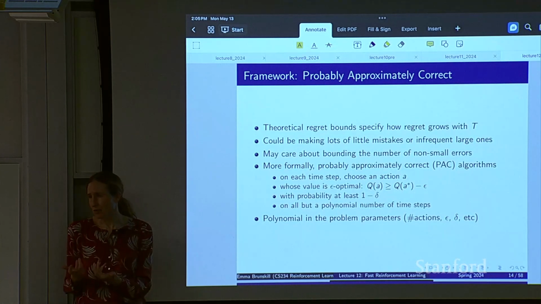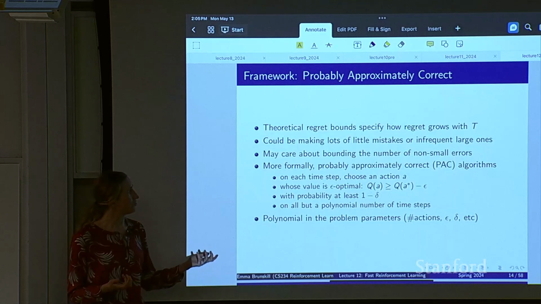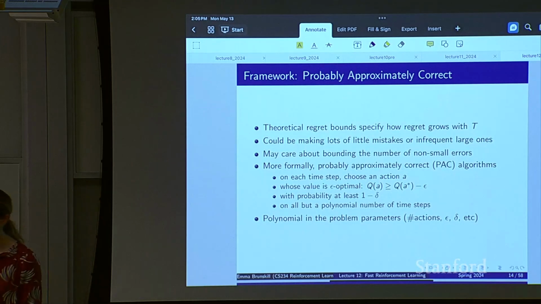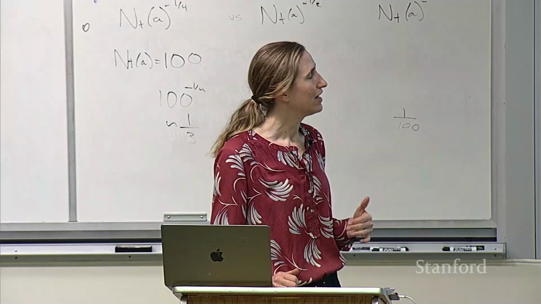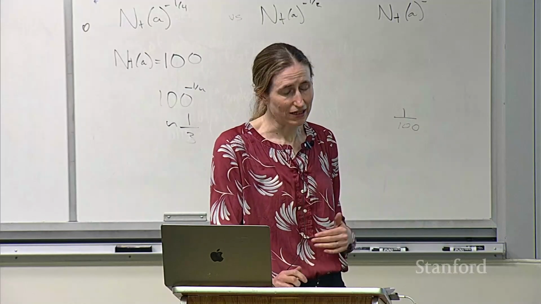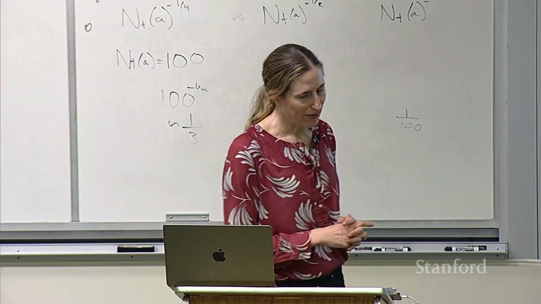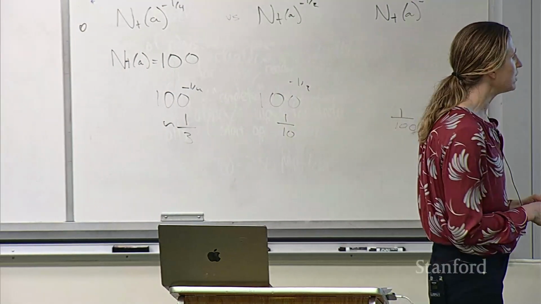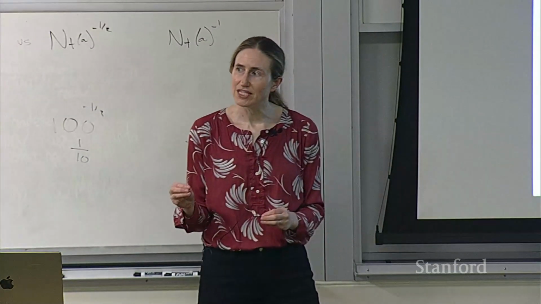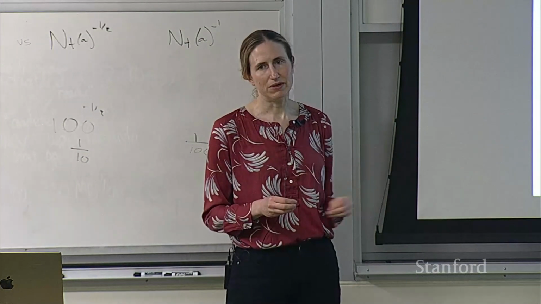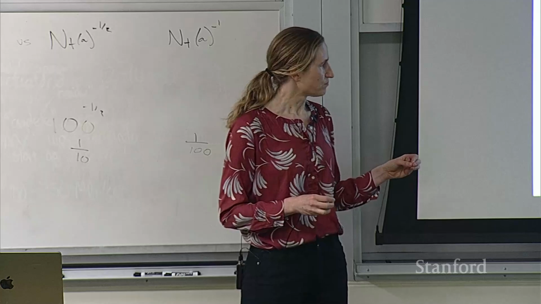So it gives us some notion of the complexity of the problem to learn. This is a different type of notion; a lot of algorithms you can get both PAC guarantees and regret guarantees for, but it is just a different notion of optimality. Most of the PAC algorithms for reinforcement learning are based on either optimism, like what we've seen from last lecture, or Thompson sampling, which we're going to see later in this lecture.